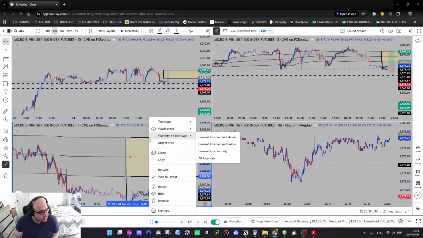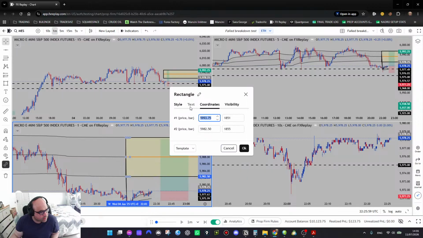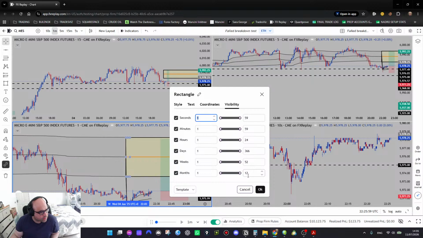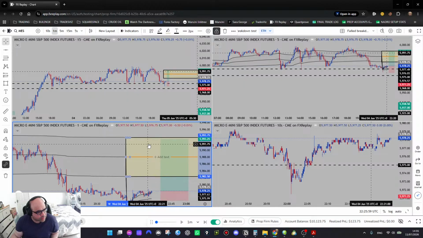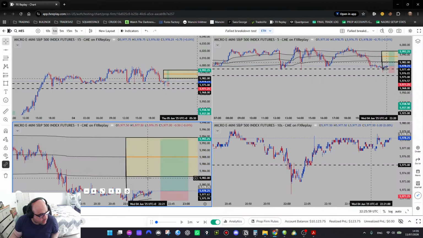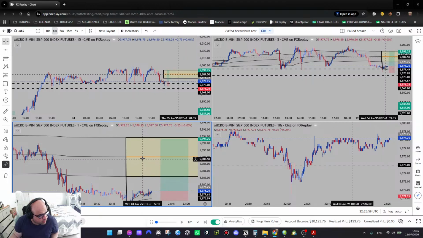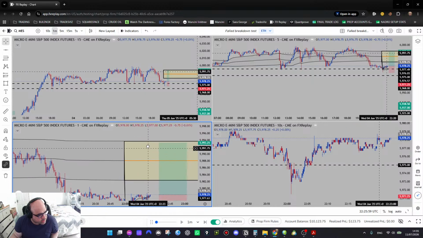Let me see if I can slide coordinates. No, but anyway, this one is about 59.88. We're gonna scale out. So my plan is scale out one, 59.82, and then scale out another one and another one. But my interest is not to scale out here because it's too close and it will be a waste of the micro. So I'm gonna close one here, one here. I'm gonna let one run just in case.